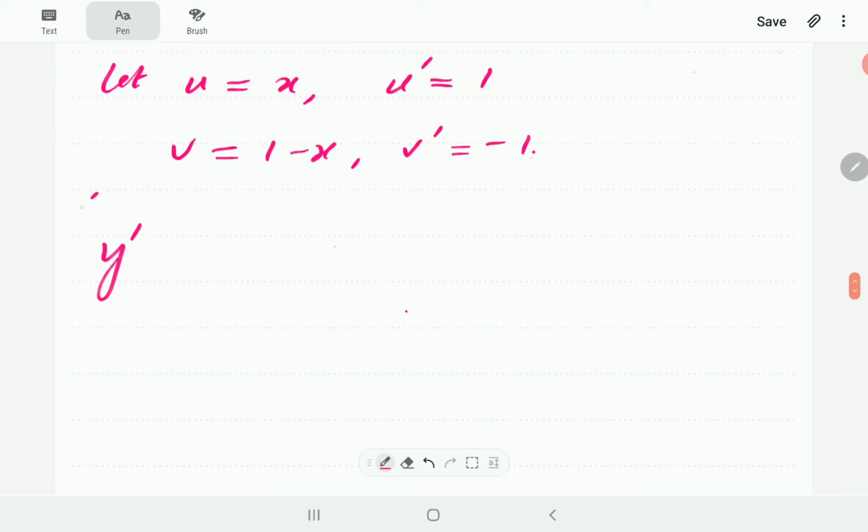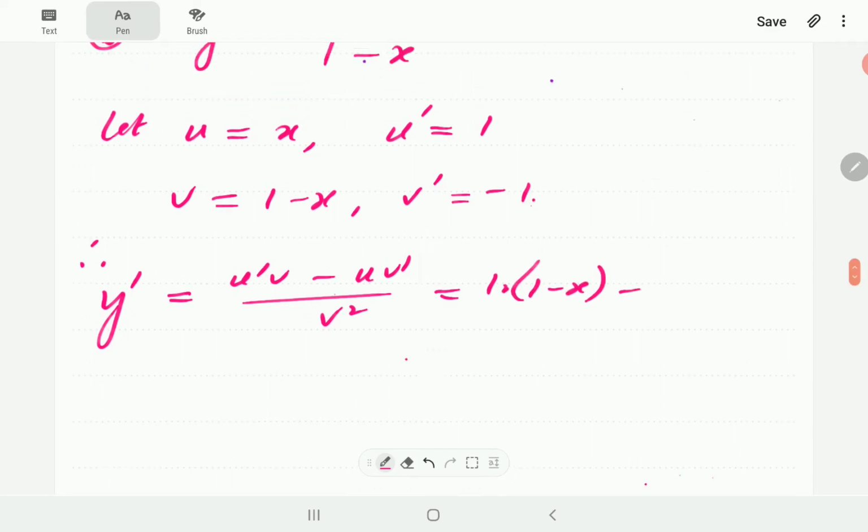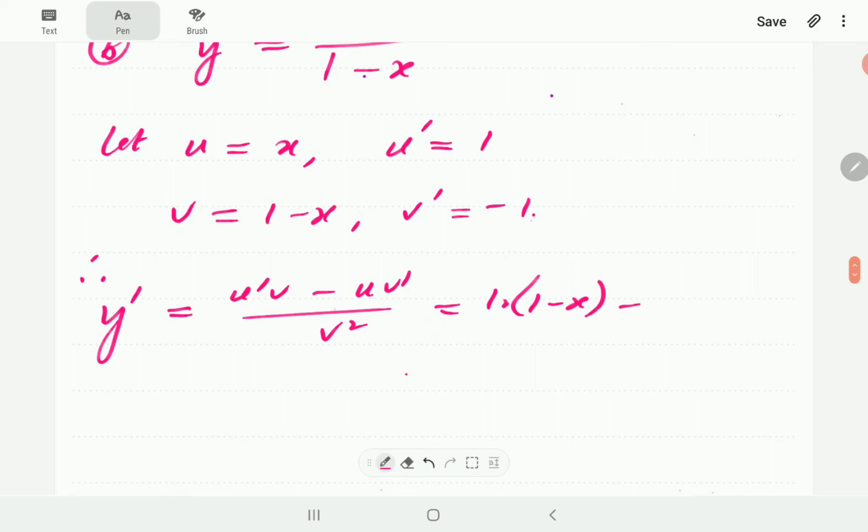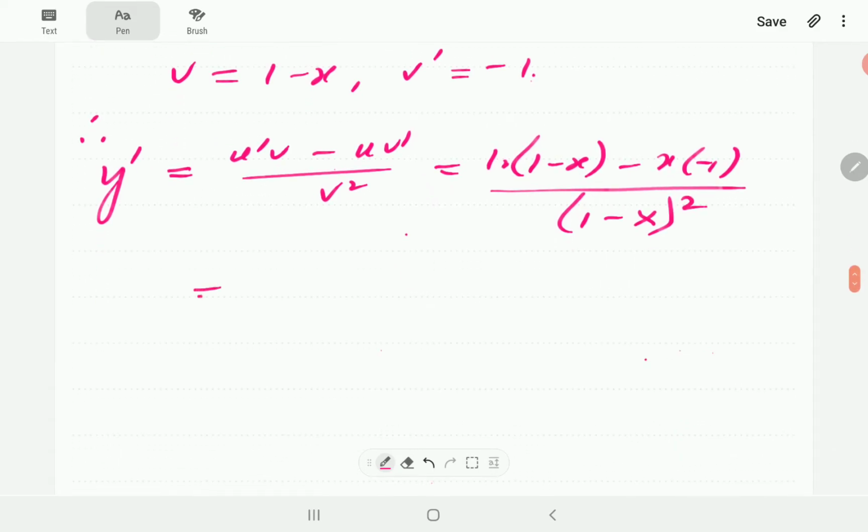So the first order derivative is going to be u prime v minus uv prime all over v squared. U prime is 1, v is 1 minus x. Take away uv prime. This is u, and this is v prime, and then v squared is going to be that. So the numerator works out to 1 minus x plus x. So that's just 1